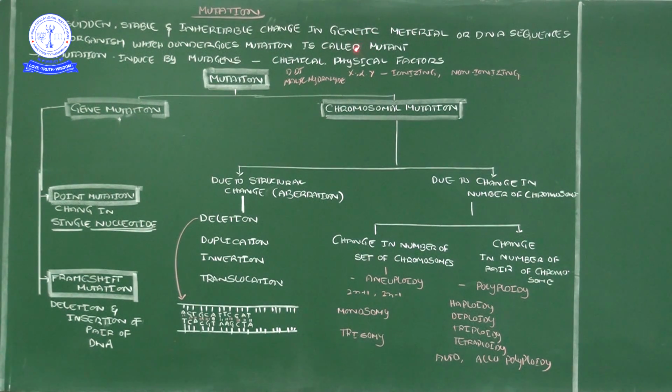A gene is nothing but a fragment of DNA. Genetic material is nothing but DNA only. DNA is nothing but an arrangement of nitrogen bases in one sequence order. If any change happens in the DNA sequence, we call it a genetic material change, and that leads to a change in physical appearance. When the genetic nature changes, the physical appearance changes. For that physical appearance I gave one example, the sixth finger of Hrithik Roshan.